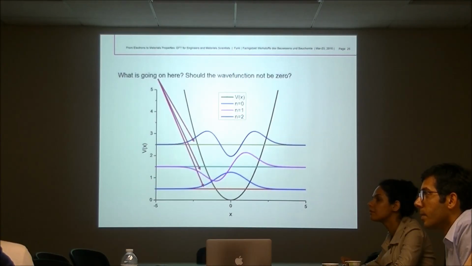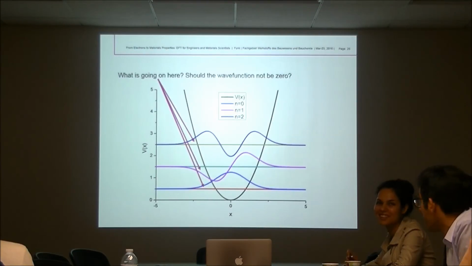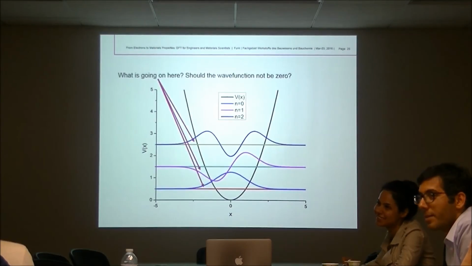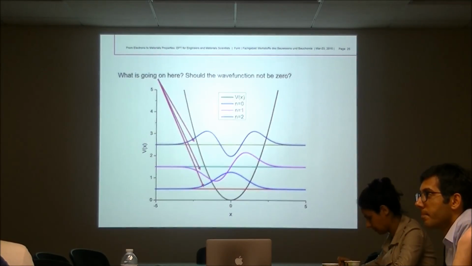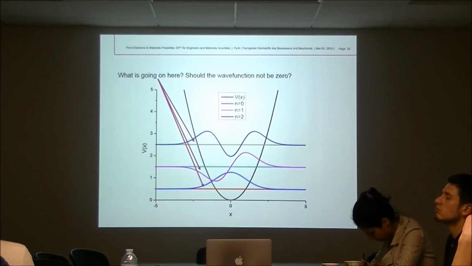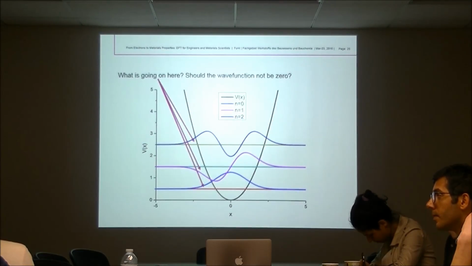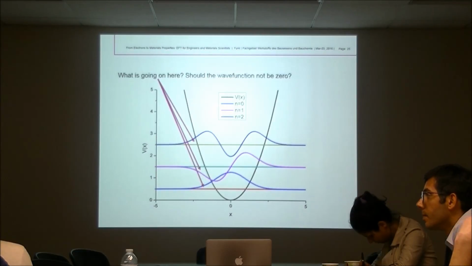Everybody remembers Px? Partial x, the operator is minus i h bar, and then of course d/dx. So this is then obviously something in front of it, minus i h bar, and then